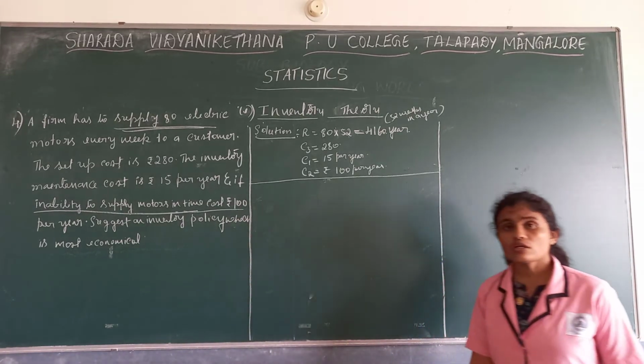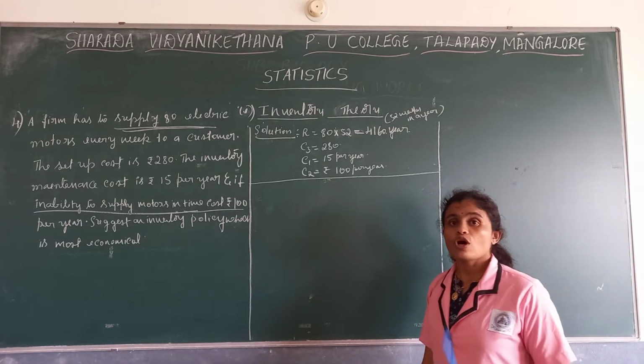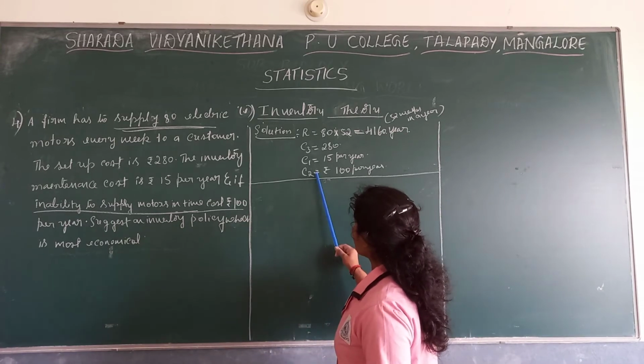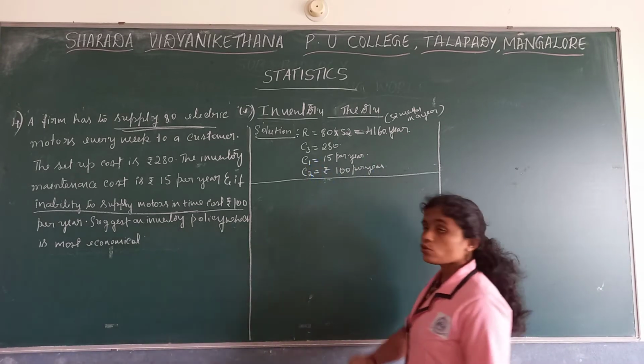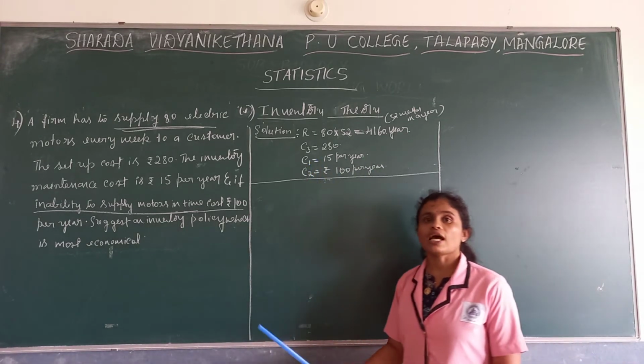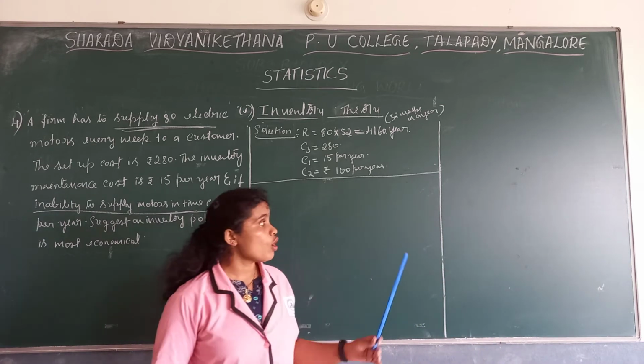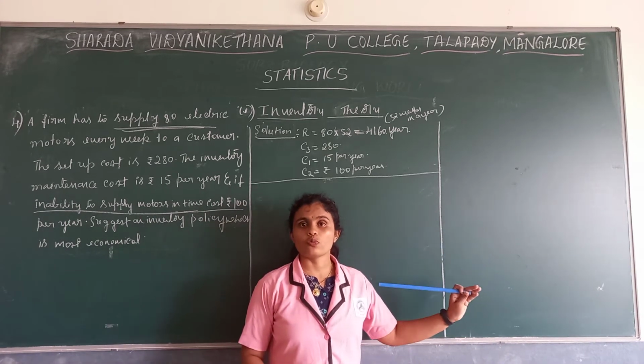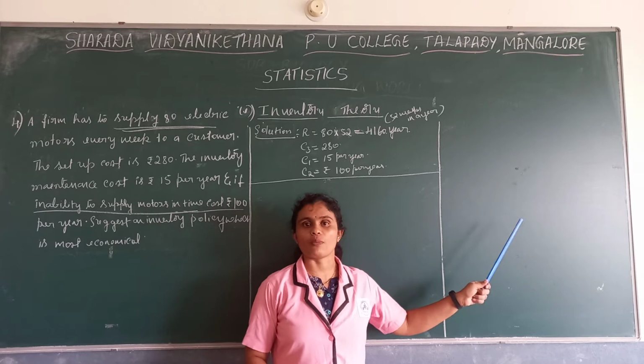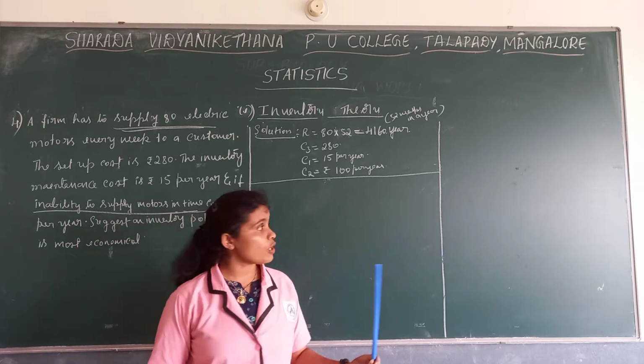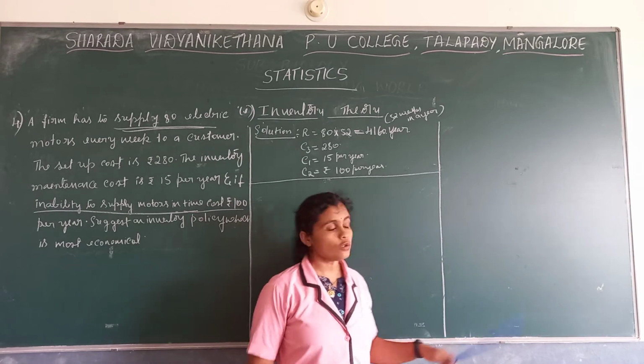So they did not mention what we need to find out. So when we got the value C2, now we need to decide. We have to take the formulas belonging to model 1 or 2. Which formula? Model 2 formulas. Now we need to go with the formulas of model 2.